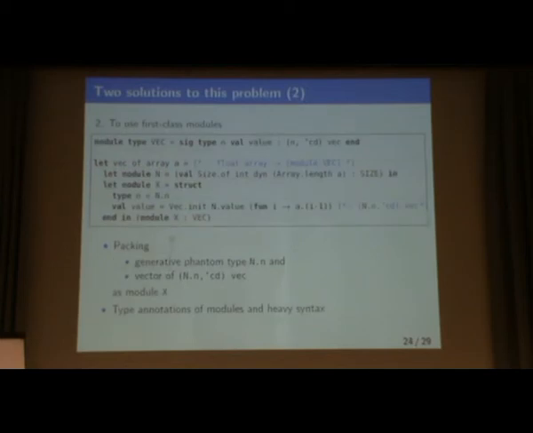And the second solution is more theoretically natural. Because this is an existential package, we return the existential package. But that's syntactically heavy in OCaml. So conceptually, this is theoretically the simplest solution, but syntactically heavy in OCaml. Just ignoring the syntax, it's returning the existential package. So there are pros and cons for the two solutions. We can use both solutions in various places, depending on how heavy the syntax is or how trivial the dynamic checks are. I think there's a trade-off between the two solutions.